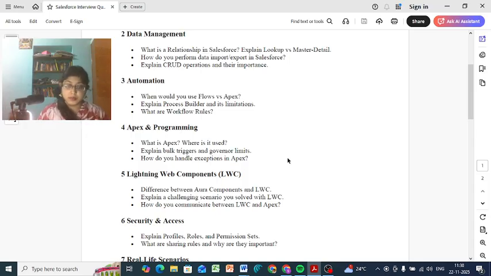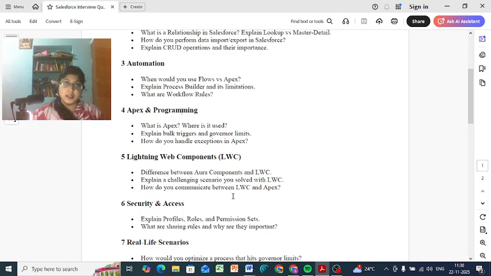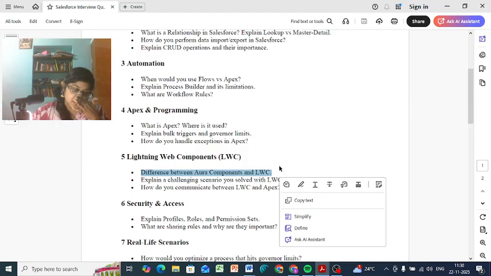Now when it comes to the vertebral, which I wanted you to understand, what is the difference between the handler class and the trigger handling mechanism? You should quote this as an example in the next preference, that is the vertebral, which I will help you to understand. The difference between aura components and LWC.